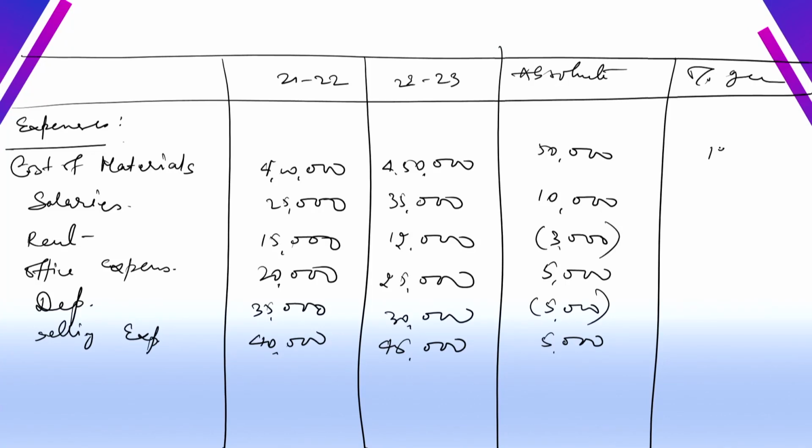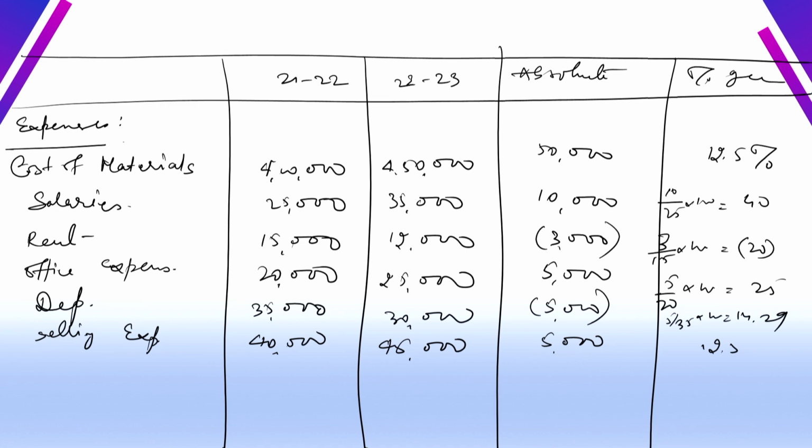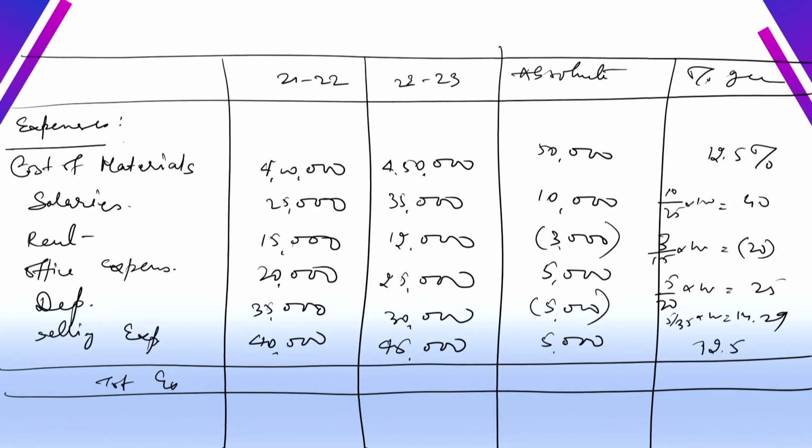So this is clearly in percentage terms, that is 12.5. We all know the procedure. 10 upon 25 into 100 will come to 40%. 3 upon 15 into 100 will come to 20%. Then 5 upon 20 into 100 will come to 25%. Again 5 upon 35 into 100 will come to 14.29%. And the last will come to 12.5%. So this is total expenses: 5,35,000, 5,97,000, a net increase of 62,000, which will come to around 11.59%. Now we will deduct the tax from it, which is given here,